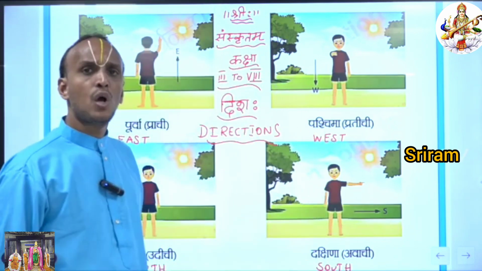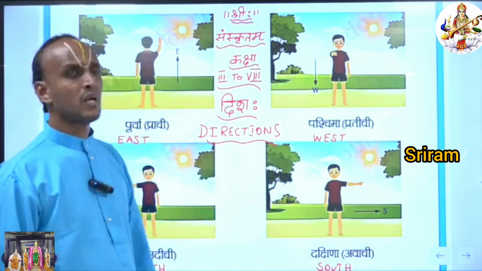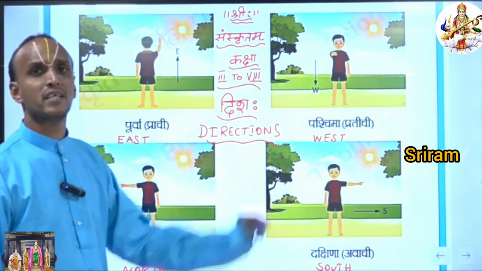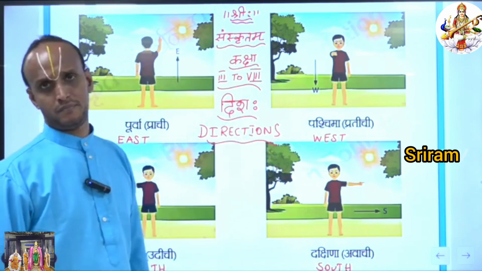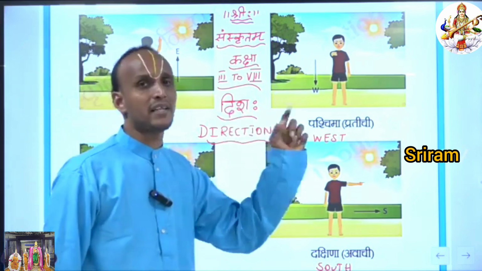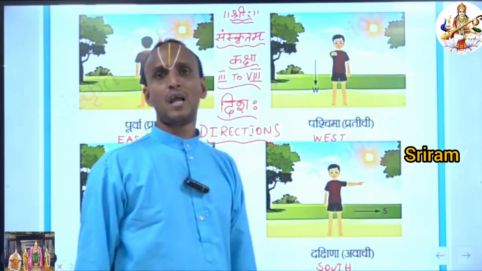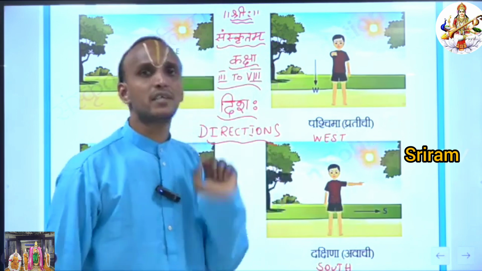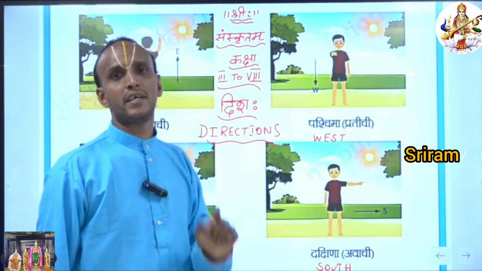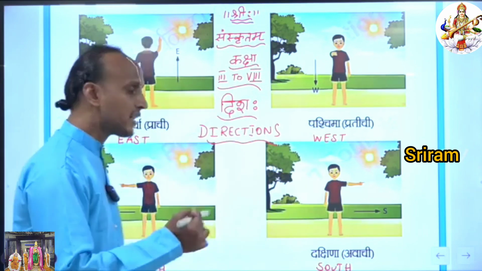Paschimadik. What is meant by Paschima? Paschima means west. Paschimadik means west direction. Okay? We have another name for this Paschimadik, that is Pratichidik. What is meant by Pratichidik? Pratichidik means west direction. Okay, children? Then the third one,